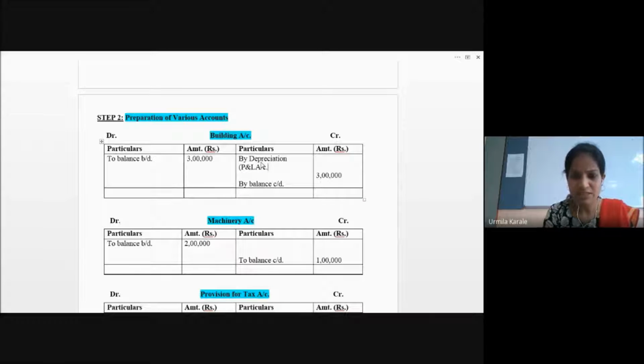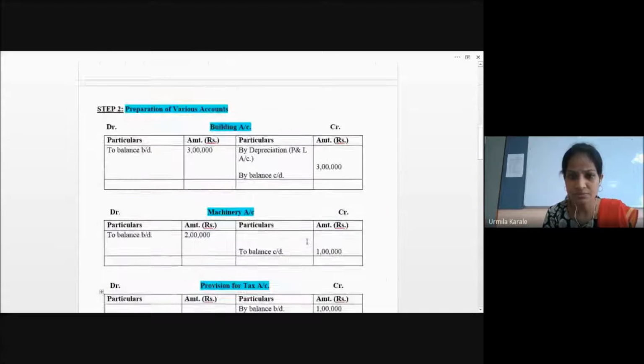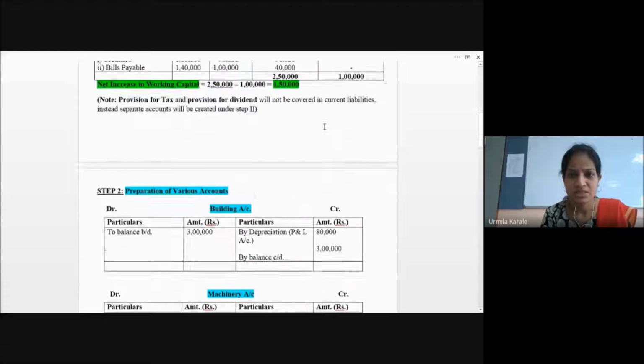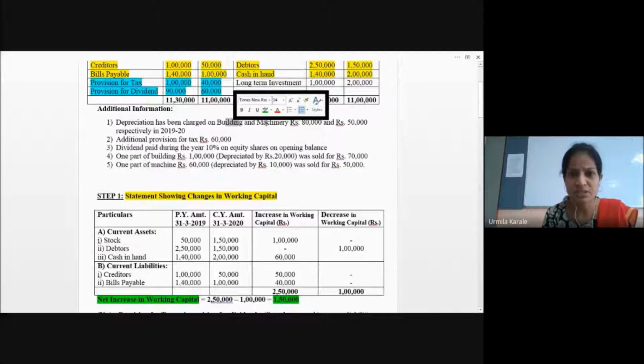It is equally correct if you write profit and loss account here first, and the narration is depreciation. How much depreciation we are charging, that much amount we are going to show. For building, we are charging 80,000. So I'm showing 80,000 here, 80,000 depreciation. Now next, check out relating to the building, or you can go sequentially if you wish. Now on building we have charged the depreciation. In machinery, you can charge 50,000.